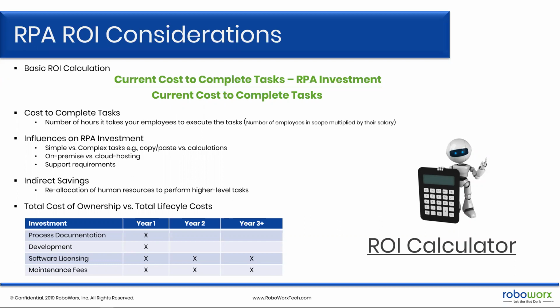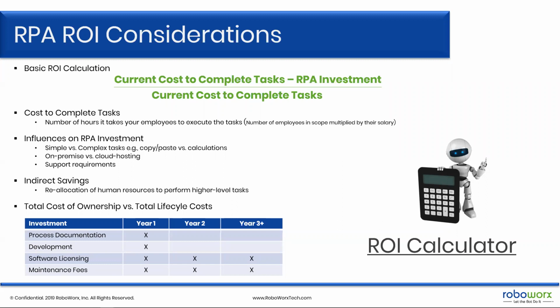One of the first areas that impact the cost are whether they are simple or complex tasks. And I tried to give you some examples of those throughout this presentation. If the task is quite simple and the robot is logging into email, copying and pasting information into an Excel spreadsheet, saving that spreadsheet and emailing it to the team, that's a pretty easy task, not going to cost a lot.